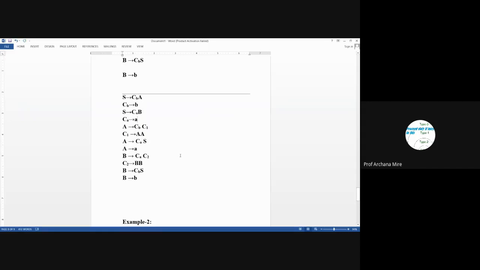Once again, here we cannot use the variable A in place of CA. Though CA leads to A and A leads to A, still we cannot replace this CA with A because there exists a production rule A leads to CAS as well. So if this CA is replaced with A, it may create a problem for the next derivation. Similarly,